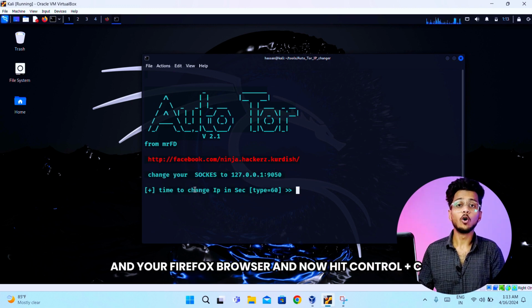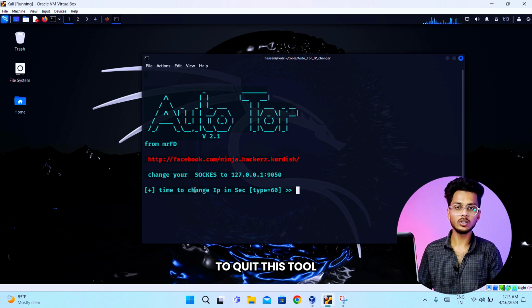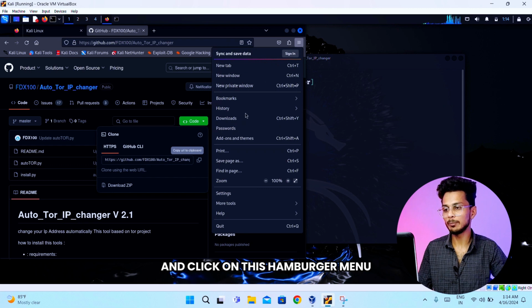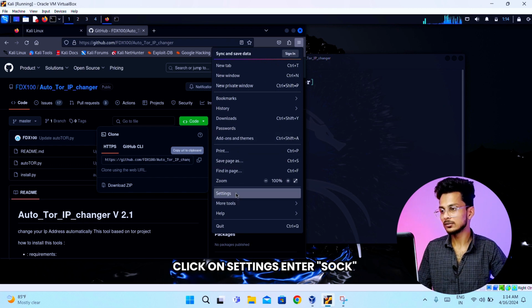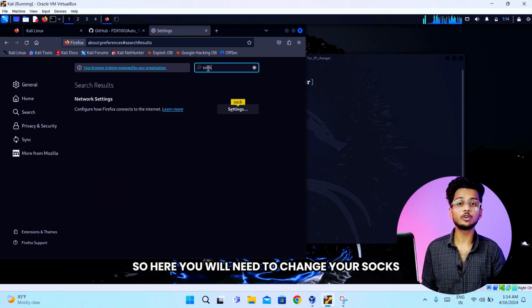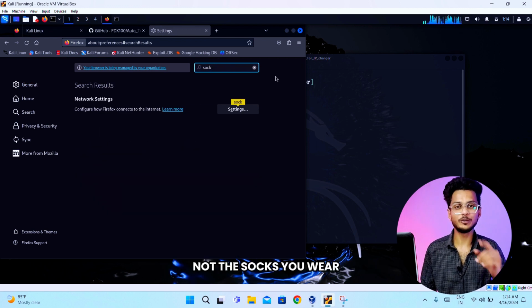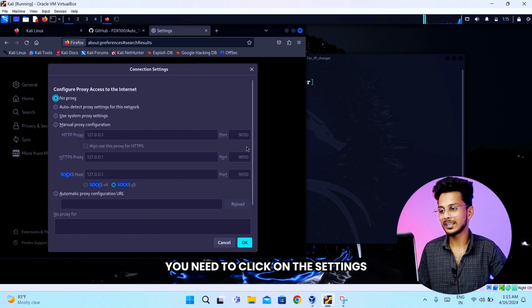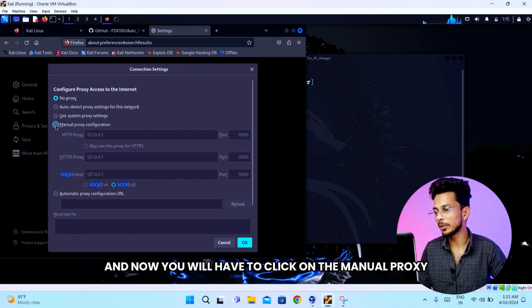browser. And now, hit Ctrl+C to quit this tool. You will need to open your Firefox browser again and click on this hamburger menu. Click on settings, enter SOCK. So here you will need to change your socks, not the socks you wear, but the socks proxy in your browser. You will need to click on this settings, and now you will have to click on the manual proxy